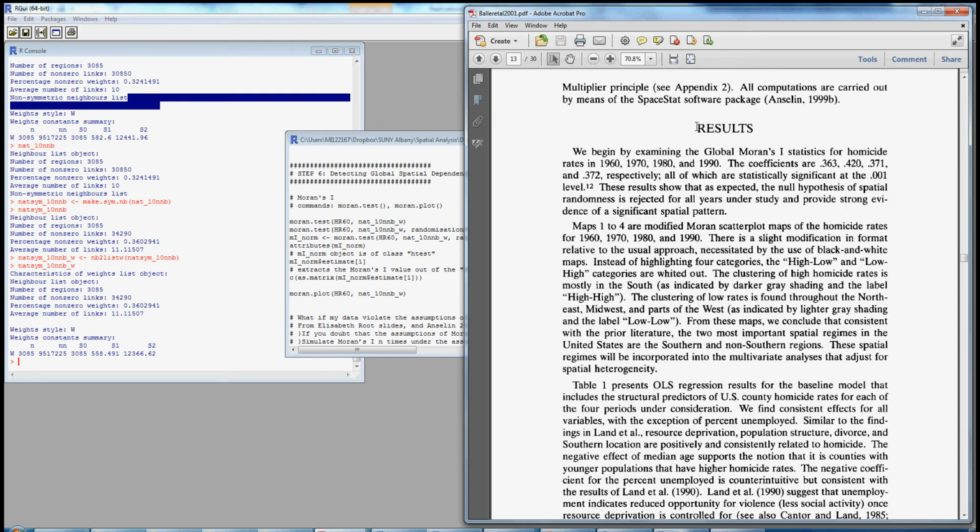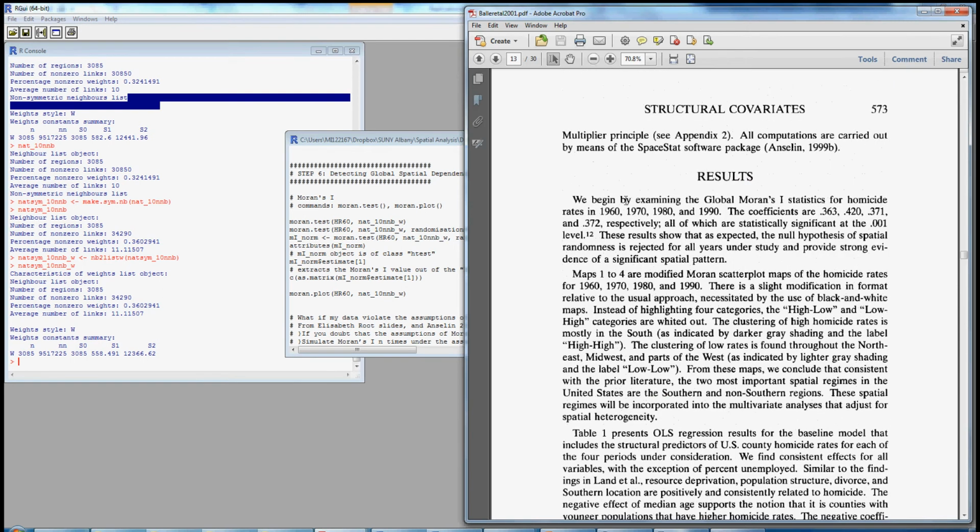So here under results on page 573, you see that the coefficients for Moran's I, a global indicator of spatial dependence, are .363, .420, .371, and .372. These are all statistically significant. So let's just see if we can replicate at least 1960, and then you can play with the rest of